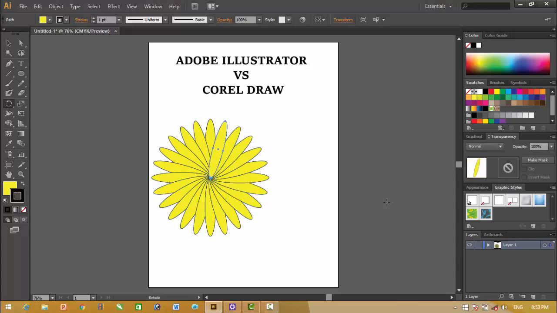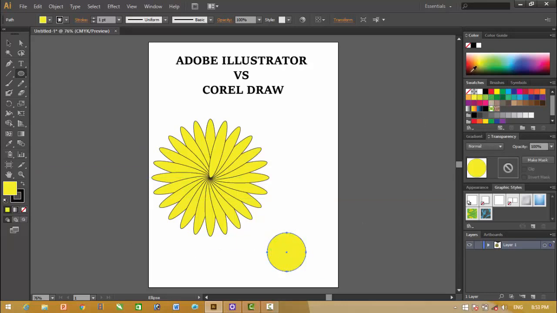In CorelDRAW we were using Ctrl R and in Adobe Illustrator we are applying Ctrl D. Now we have to add a circle, in fact a black circle.